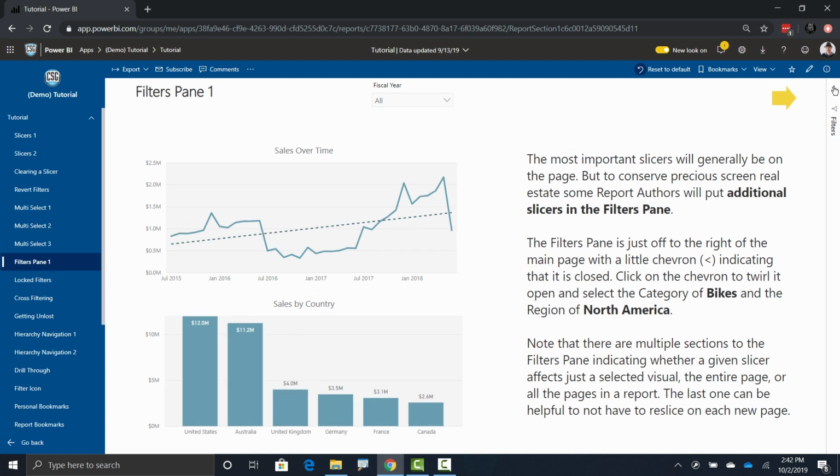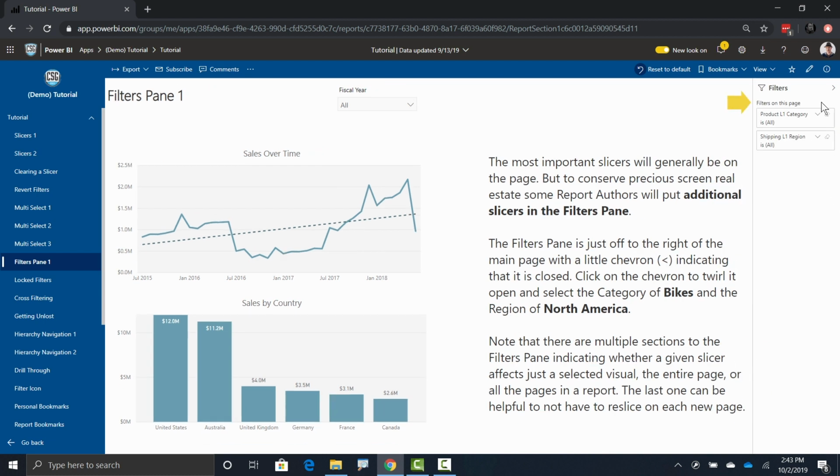In fact, I make it sound like you have to click on it. You do have to click on it. You can also click on the word here. You just can't click down there. Either way it works. Okay, so once you've got this filters pane open, what you'll notice is that there's other